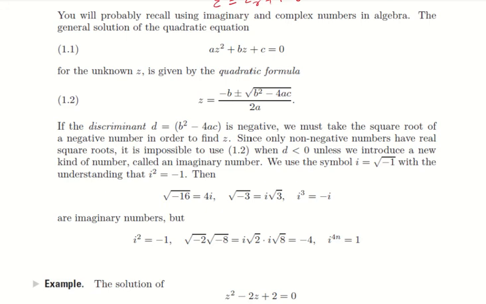We start with this quadratic equation, az square plus bz plus c equals 0. This is a quadratic equation because it contains the squared power of the variable. The variable is z, so it contains the second power of z. Here a, b and c are constants, some numbers, and you know from elementary algebra that the roots of this equation